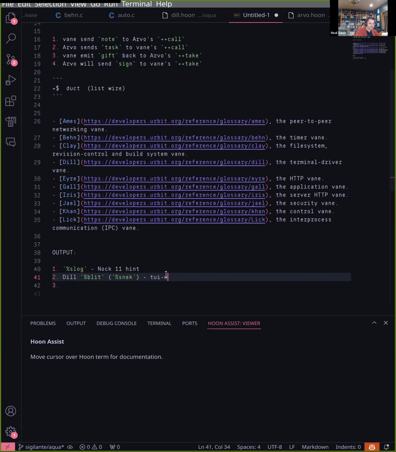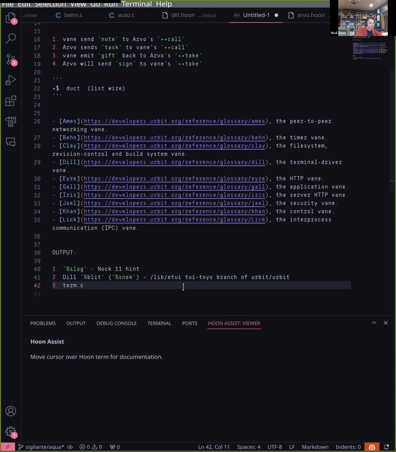I think TUI Toys is the name of the vein or branch of Urbit. Then you can see some examples of how that would be constructed if you're going to do it all as manual blit. But it's kind of messy because you have to do explicit terminal management to do all of these things. And then the other way you can get output is